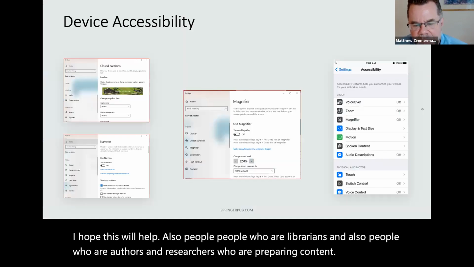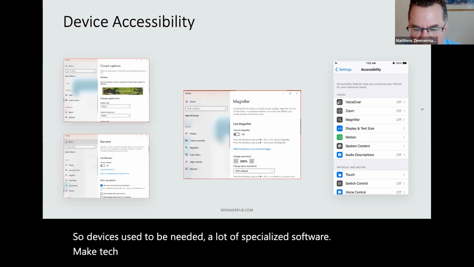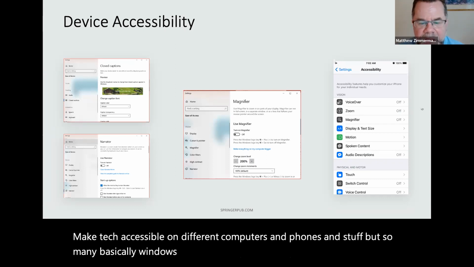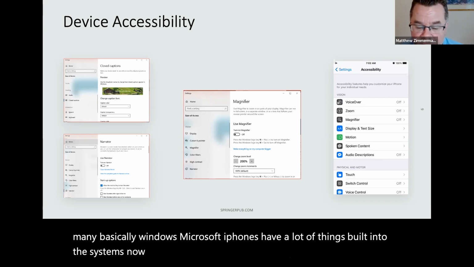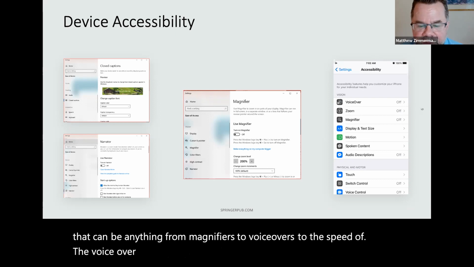So devices, it used to be you needed a lot of specialized software to make text accessible on different computers and phones. But now Windows, Microsoft, and iPhones have a lot of things built into the systems, and people who need to use these typically know how. That can be anything from magnifiers to voiceovers to the speed of the voiceover, the sensitivity of touchscreens, things like